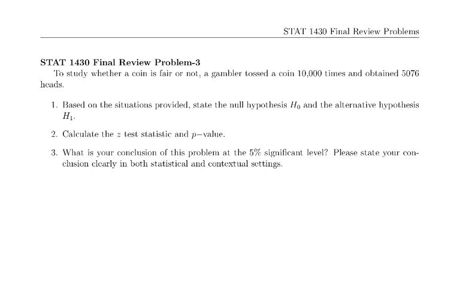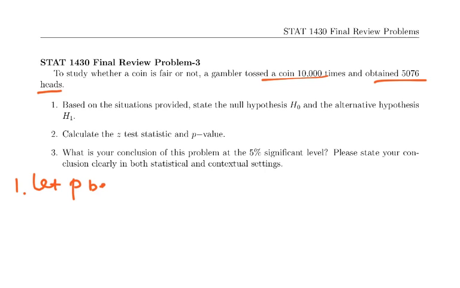Now we look at the third problem on inference about the proportion. To study whether a coin is fair or not, a gambler tossed a coin 10,000 times and obtained 5,076 heads. For the first part, based on the situation provided, state the null hypothesis H0 and the alternative hypothesis H1. So here,